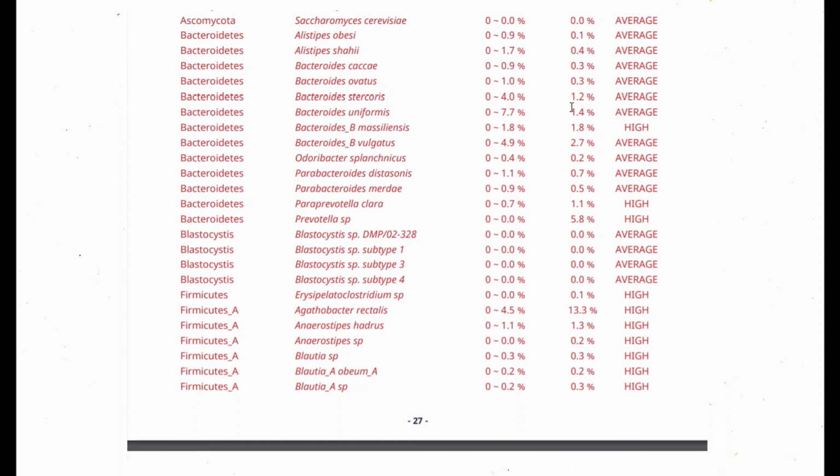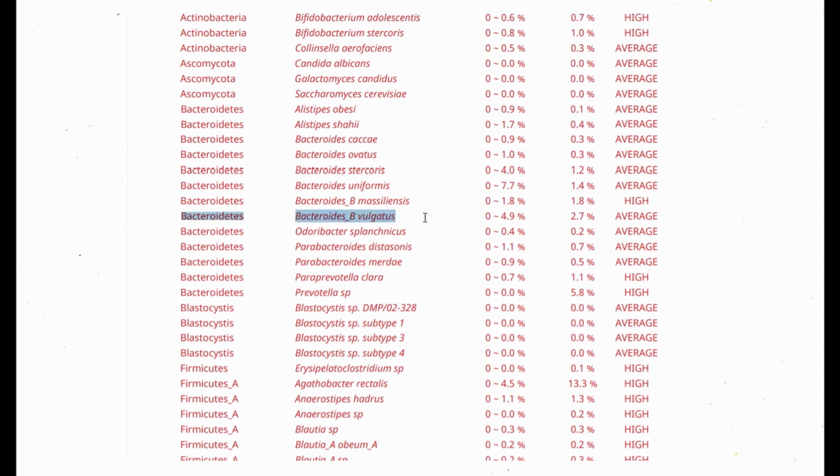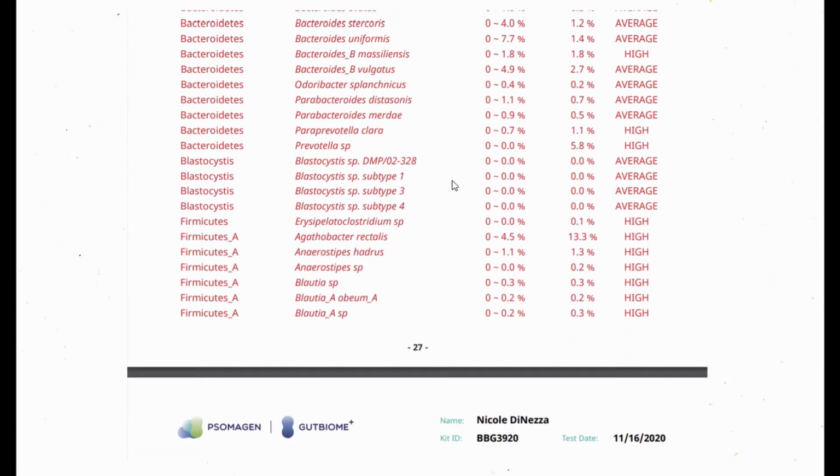Let's see. Moving on. We've got some bile consumers, Allostipes. And you can see both of these are in the average zone, so I'm not too worried about those. Quite a bit of different Bacteroidetes were tested. You could see B. vulgatus is one that I tend to monitor quite a lot, and that was right about in the normal range, so I'm not too worried about that. But that is something that I tend to keep an eye on and just make sure it doesn't get too high. Prevotella, again, I mentioned that most tests pick up a little bit of Prevotella for me, so Paraprevotella and Prevotella were both flagged as high, which is unique. They actually do test for Blastocystis, which is a parasite, but they think now it might actually not be such a bad guy after all. That's a whole other video topic for another day, but you can see I didn't have any of those tested,